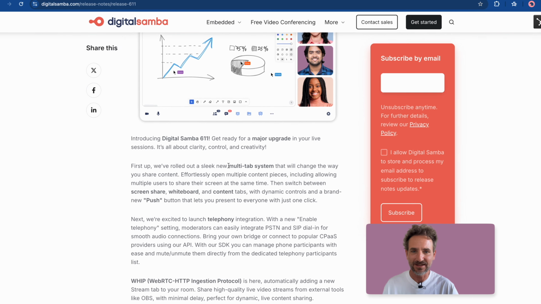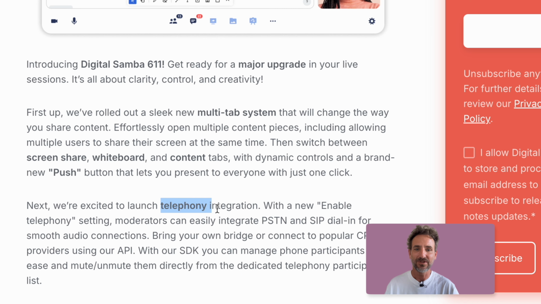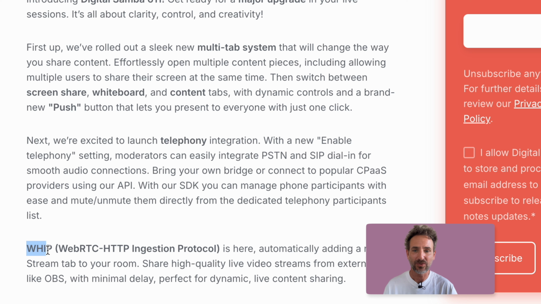Some of the highlights in this release are the multi-tab system, which allows you a completely new way of how to work with content. There's a brand new telephony integration, which now allows integrators to enable telephony using third-party services such as cinch.com or Twilio. It's up to integrators to connect. And finally, we have released support for WHIP, that's WebRTC HTTP ingestion protocol, rolls right off your tongue, allowing you to stream high-quality pre-produced video streams directly into Digital Samba. And again, we're very excited about this one because it's going to give you a brand new way of how